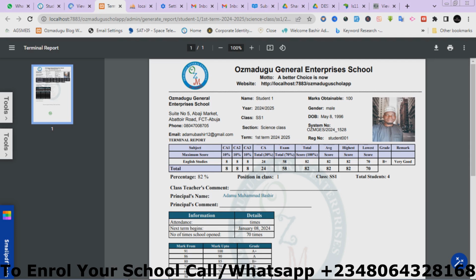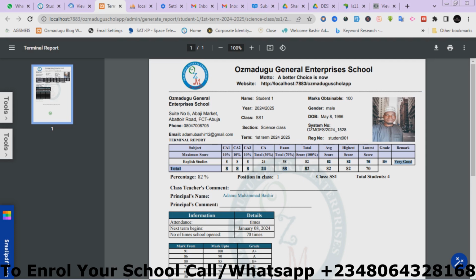Now, the highest score in class is 82. And the lowest score in class, we have 70. So based on the total, the lowest score in class we have 70. So if we decide to go and check our table now, you'll find out that the student that has the 70, it will be from the combination of the CA and also the exam to give us the lowest score in class, which is 70. So the highest score is 82 and also the average score is 82, because it's just one result I actually uploaded,